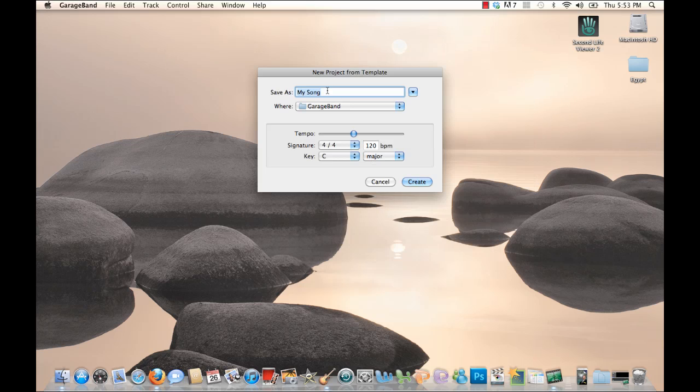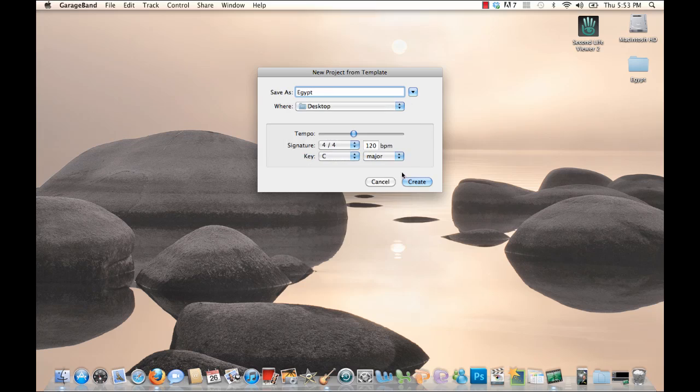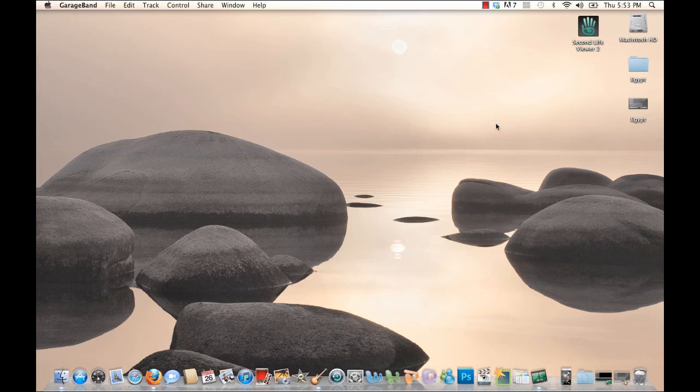So here's where I'm going to title my project. Instead of putting it in GarageBand, I'm going to put this on my desktop. Okay, so now that I have this open, this is the standard view that you're always going to get. One of the important things to note is that before I can work with my pictures from the exhibit, I need to make sure that they're loaded into